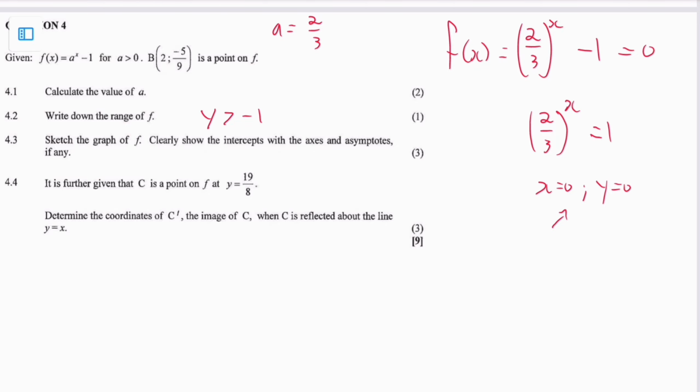It is further given that C is a point on f at y equals 18. Okay, determine the coordinates of C prime, the image of C when C is reflected about the line y equals x. So now something that you should know is that